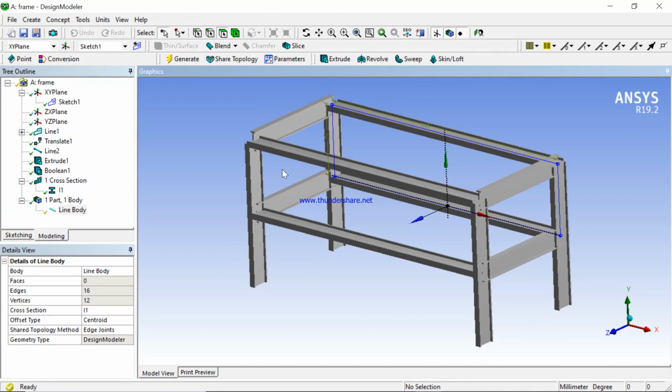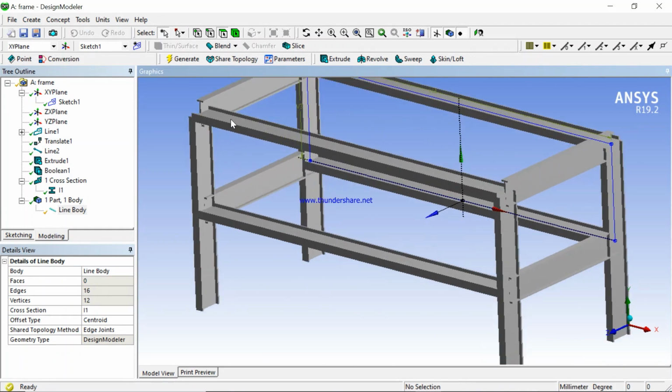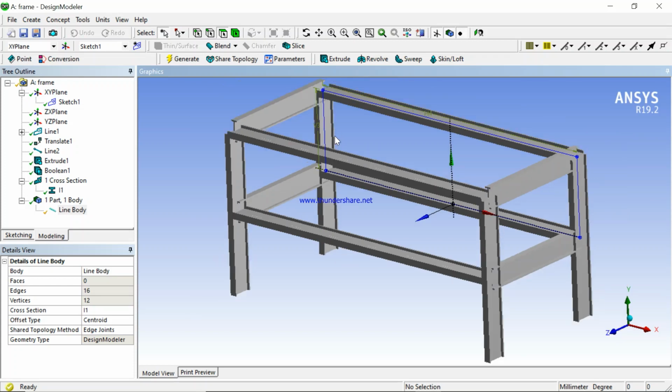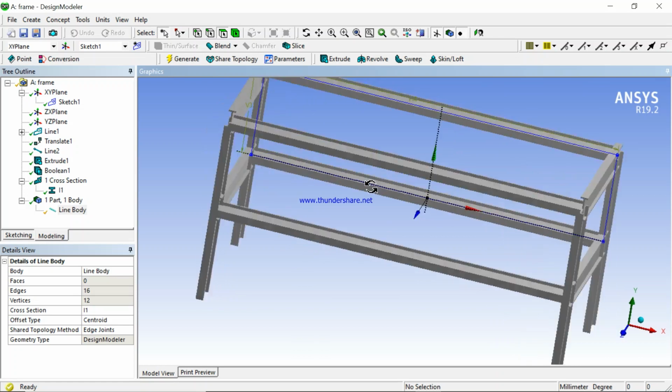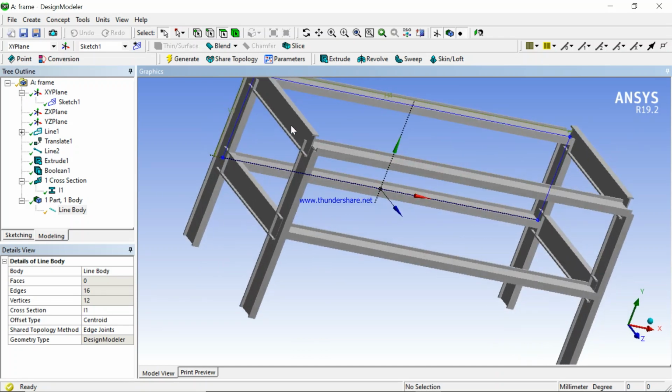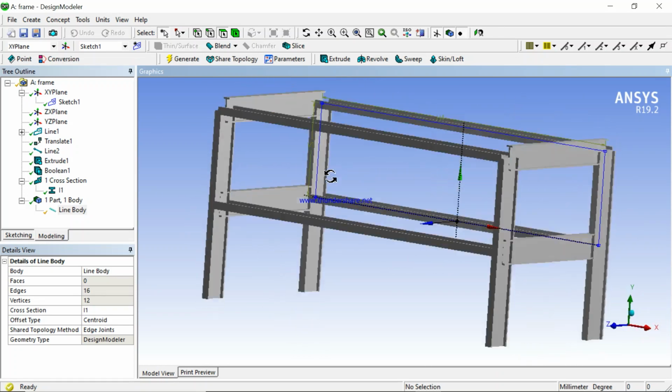So the next step is alignment. Alignment is very important. So look at our sections here. Look at this I section. It is flipped. It is not vertical in the right orientation. So when you're designing any construction, you have to take care of the annotation and the alignment. So we can see that this is not well aligned, this is not well aligned, this is not well aligned, this is not well aligned. However, this is well aligned and this is well aligned and the rest are well aligned. So what you do,